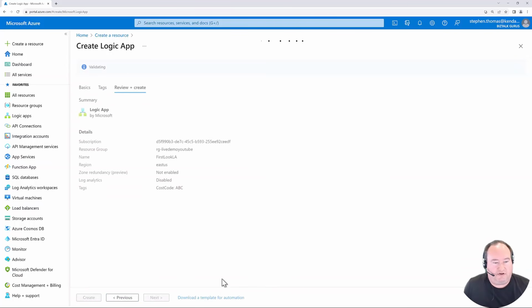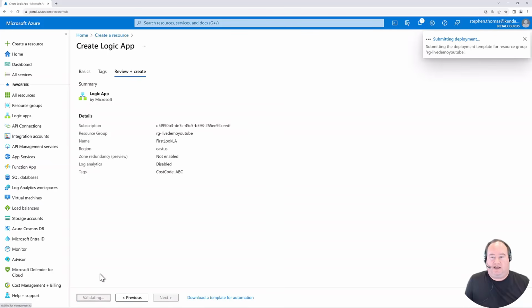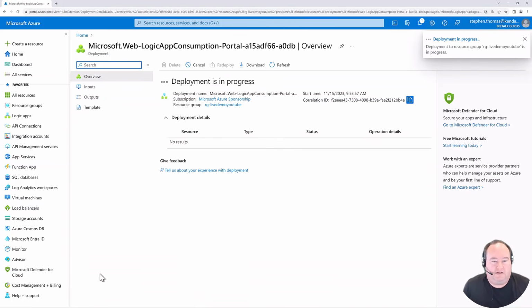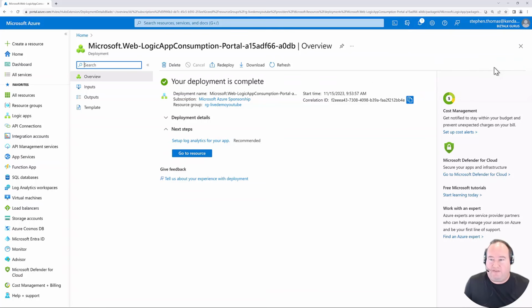And we'll go to review and create. Here it's just going to confirm that everything is correct. And then you have to click create, and it's going to create that logic app. And it's going to take just a moment to deploy this logic app that I've created. Some Azure components take longer than others. Here I can go to this resource, or up here on the right, I have the ability, if you saw that